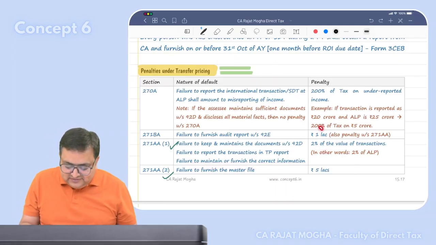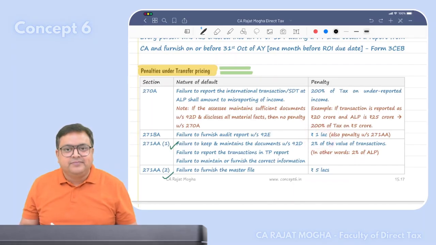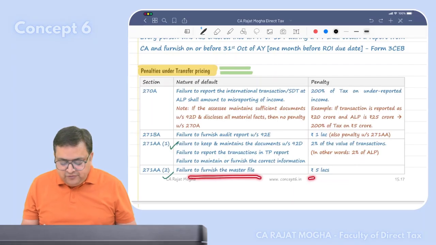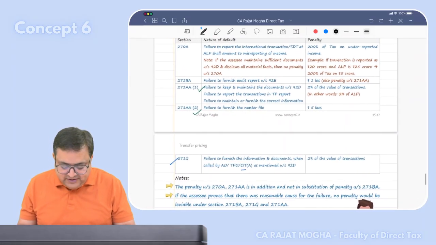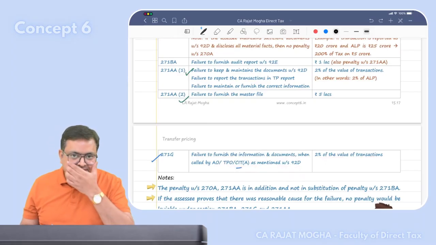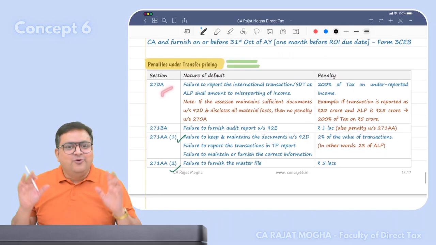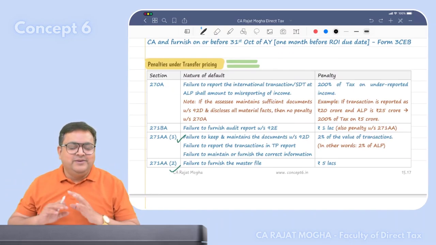Correct. So this is in addition. It's not like either you do this or you pay this. No. This is in addition to this. Correct. Failure to furnish master file, we understand 5 lakh rupees. Failure to furnish the information and documents when called by the AO as mentioned in section 92D, 2% of the value of the transaction. Correct, got it? And also section 270A, the old section, which is very common